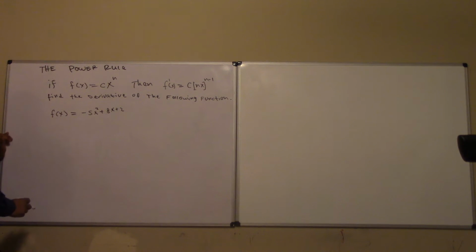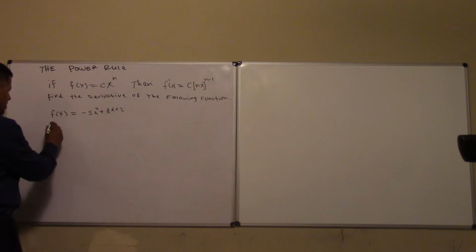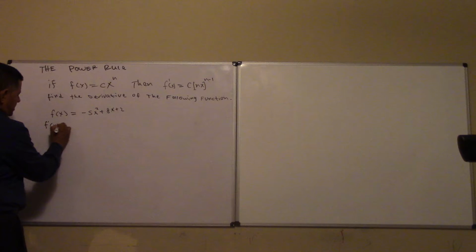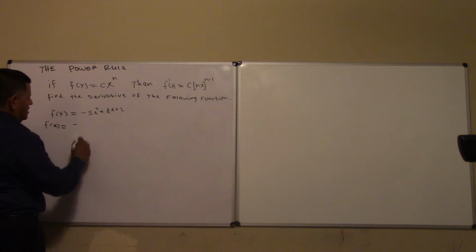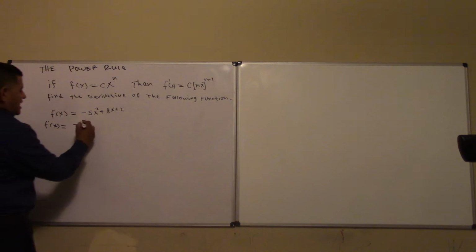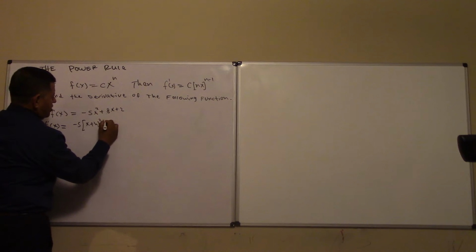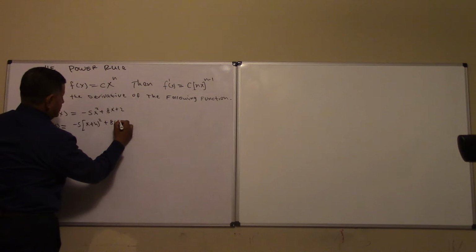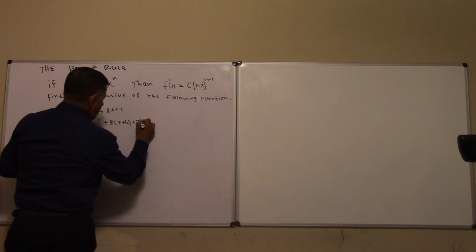So here we will do the definition of the derivative first, which is f prime of x is equal to minus 5, remember that it's minus 5, so don't forget that, minus 5 times x plus h squared plus 8 times x plus h, plus 2, minus